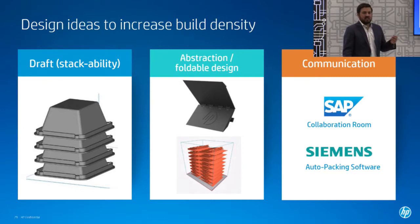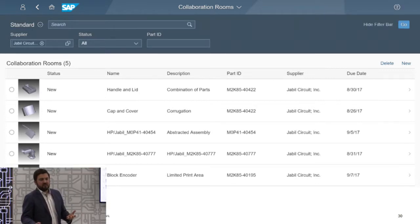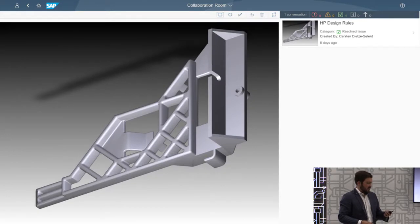Well, I guess one actually, the SAP collaboration room, and what that basically is an environment where you send your data to your vendors, and you're creating a collaboration room where you're actually documenting all the design for additive manufacturing improvements that you're going to be making on those parts. So you're consolidating all that information so that your manufacturer can give you some information that's gonna help you down the right path. So if you look at this example, the same part that we had showed today, we had used this in collaboration room, basically identifying that we had